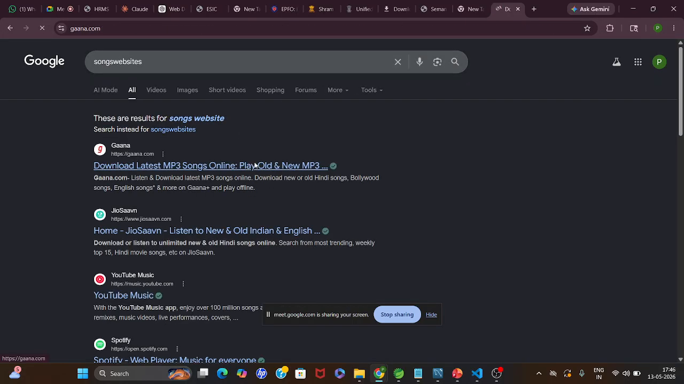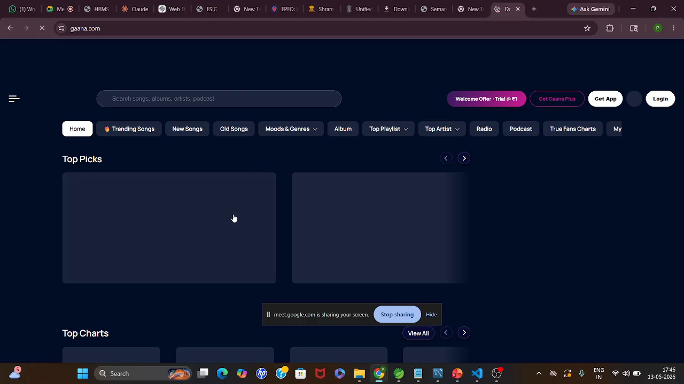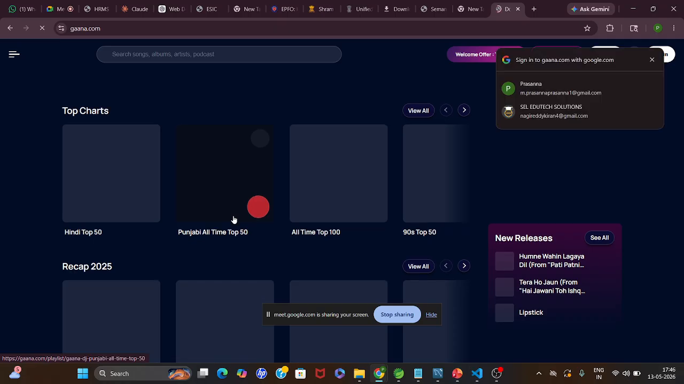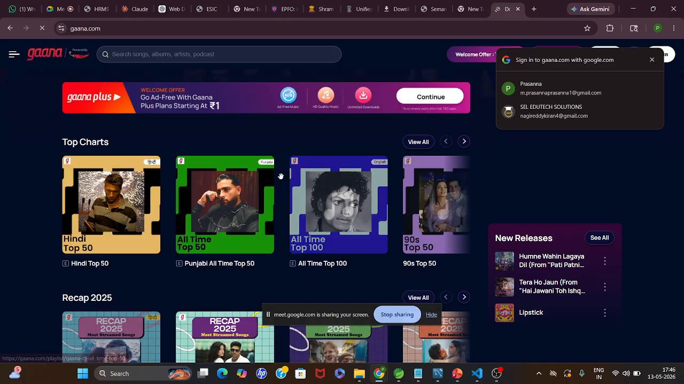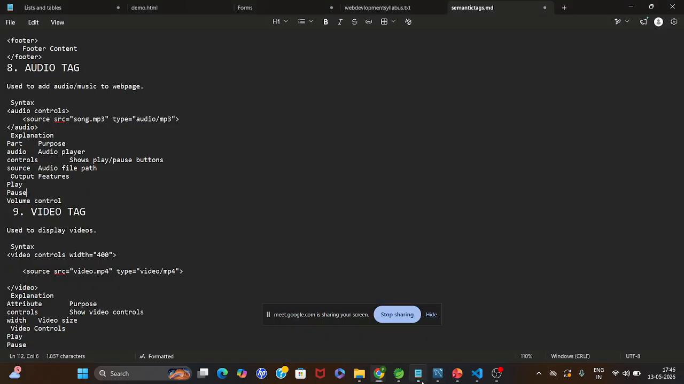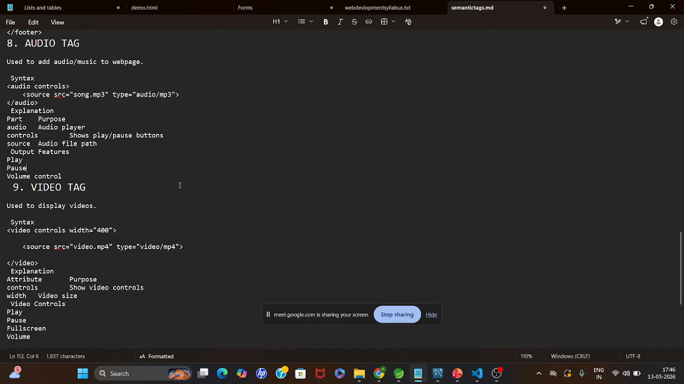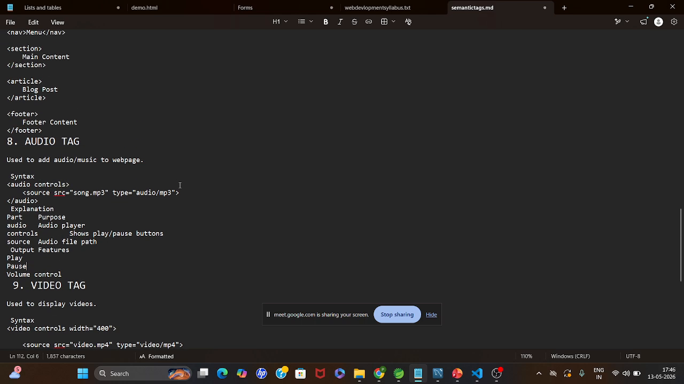Then I'll get a website, whatever the website might be. So there will be a playlist, right? Songs and all. How these songs are going to be played in the website. So we are going to use this audio tag for displaying the songs and audios in the web pages or